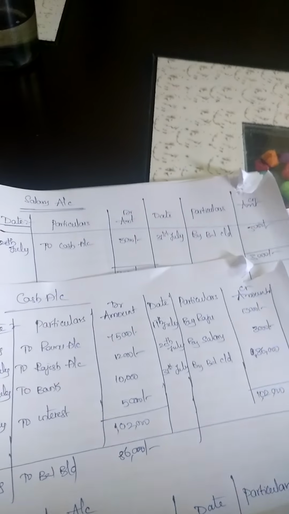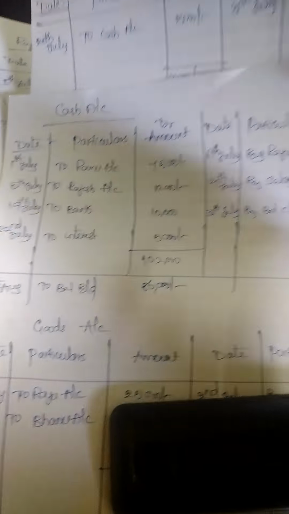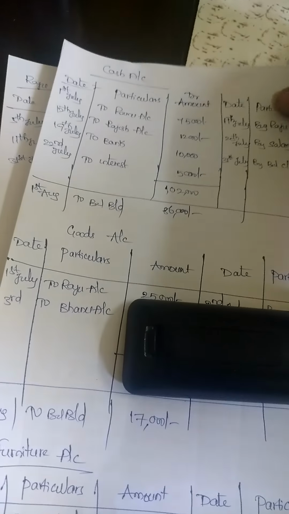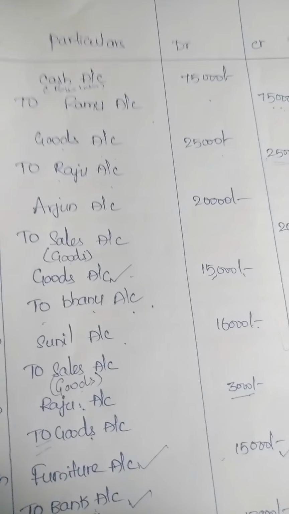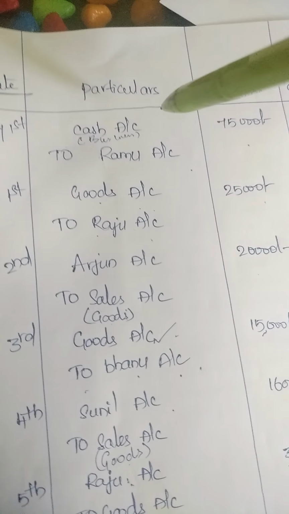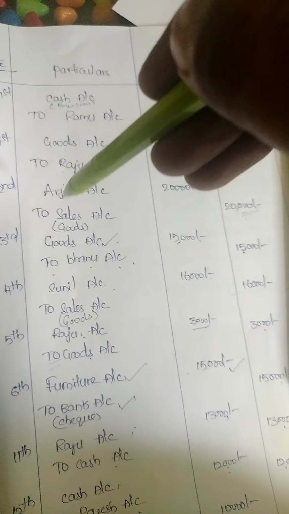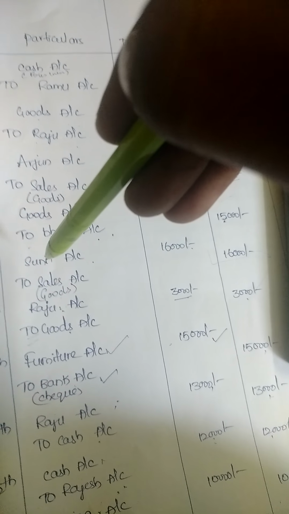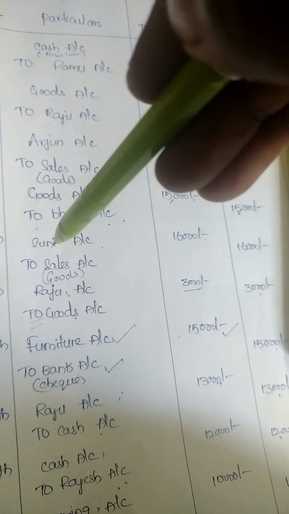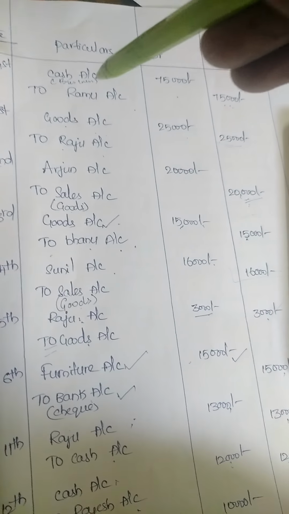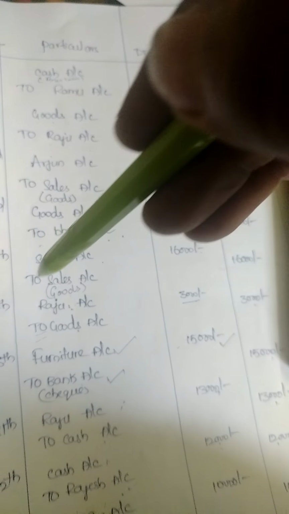So for the cash account, the journal format we have to prepare and we have to post that. We have to see the journal entries first, then accordingly we have to prepare the ledger. For example, cash account transactions, how many are there under the journal? Only cash account we have to see, not "to cash" account. So first we have cash account, then